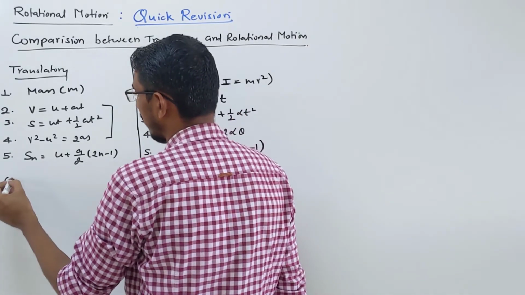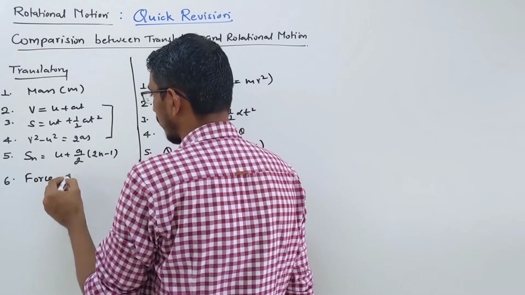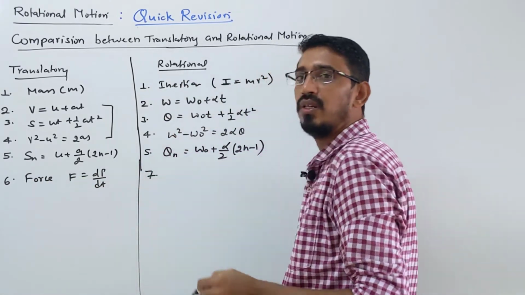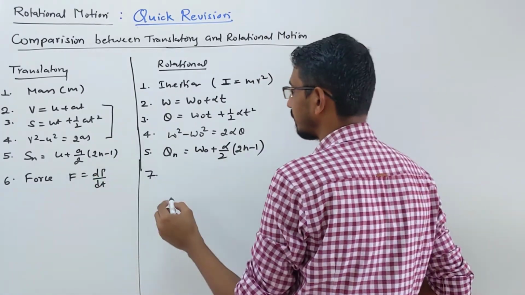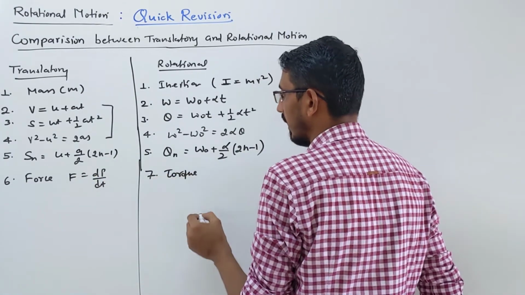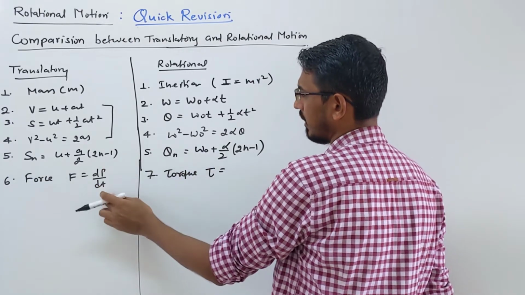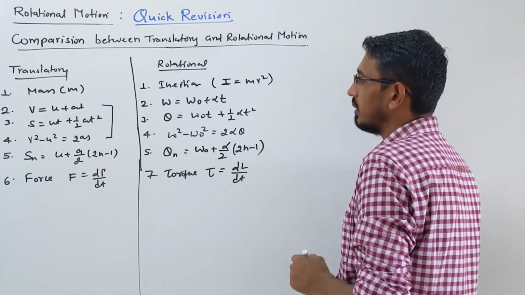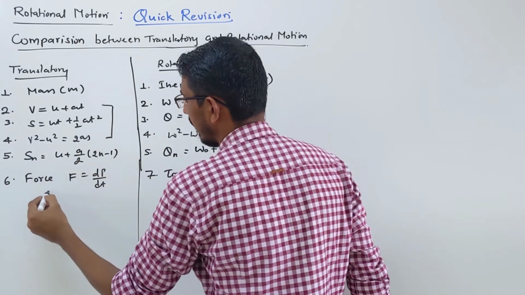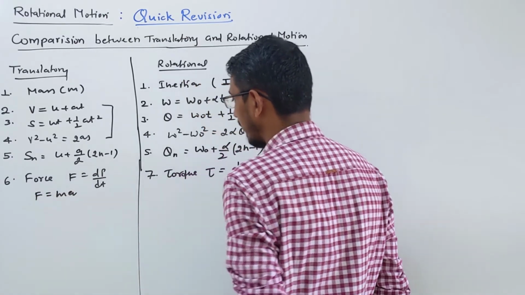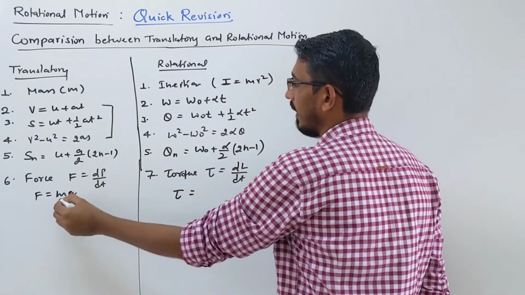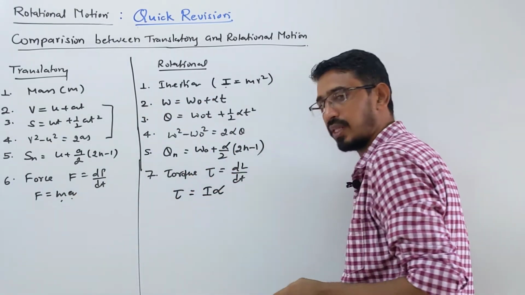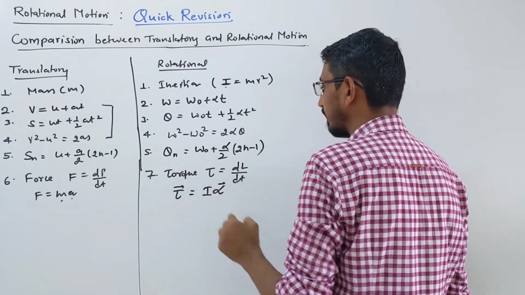Then after this you learn the force concept from Newton's laws. Force is dp by dt. So what is the equivalent of force here? Torque, right? Here the equivalent is called torque. And what is the torque formula? Like rate of change of linear momentum, here it is dL by dt. That's your torque. Then you know that force can also be written as F is equal to ma. So torque can also be written with the equivalent of m, which is inertia I, and linear acceleration becomes angular acceleration, right? In vector form you can write it that way.